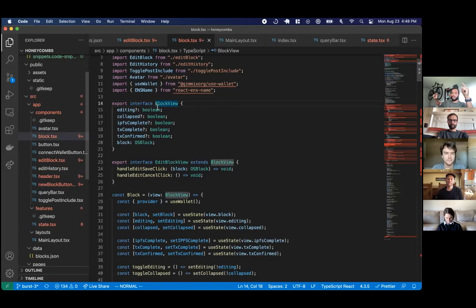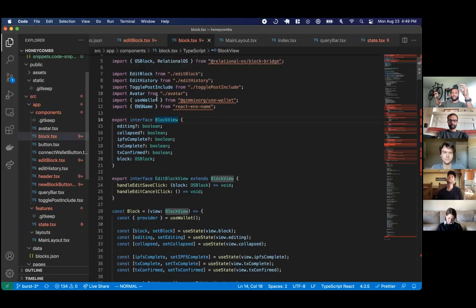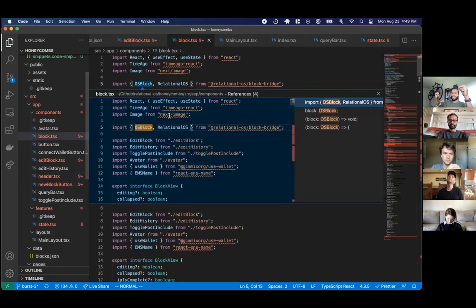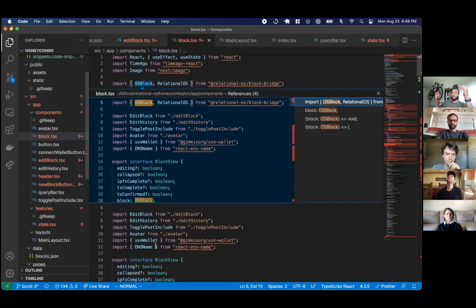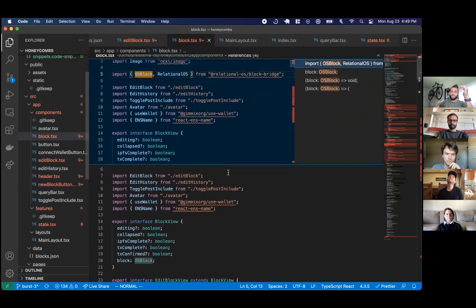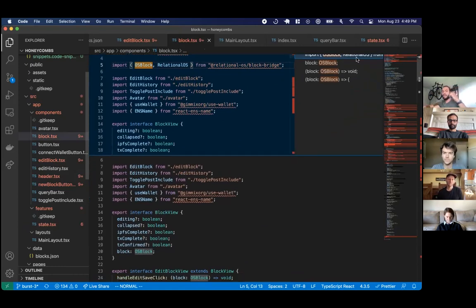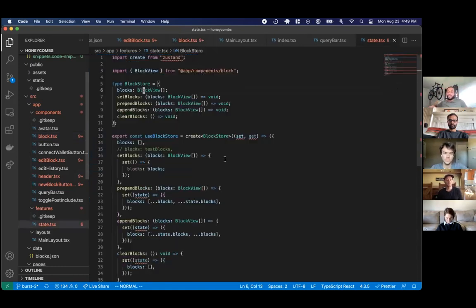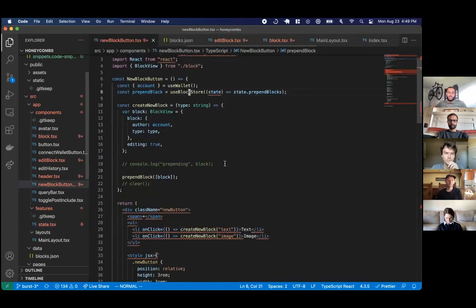So effectively what we're doing is we're creating an empty block, like a block that has no content, nothing associated with it. And then editing is set to false, and that's what we prepend. So if you go back to that new block button, you'll see there should be the creation of some